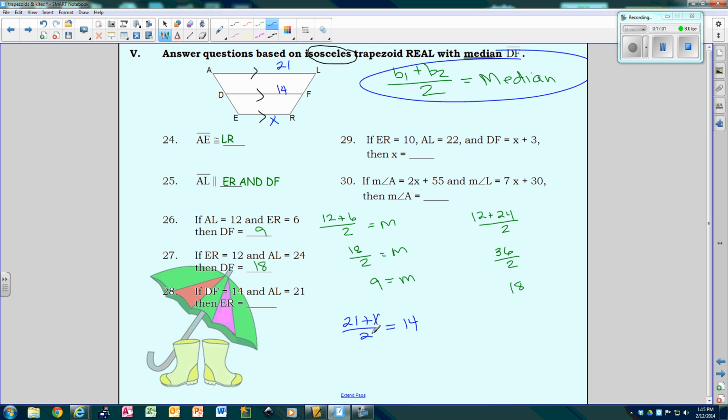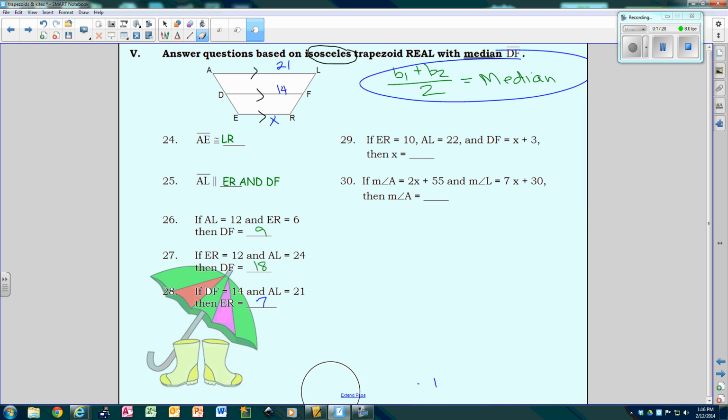Well, remember to get a denominator gone, you multiply by it, cancels out. So I'm going to multiply this side also. So I've got 21 plus x is equal to 28. We'll subtract 21 from both sides. And I find out that the other base is 7. Okay, so you still do it all exactly the same way. All right, let me erase this so that we can do these last two problems, and then I will see